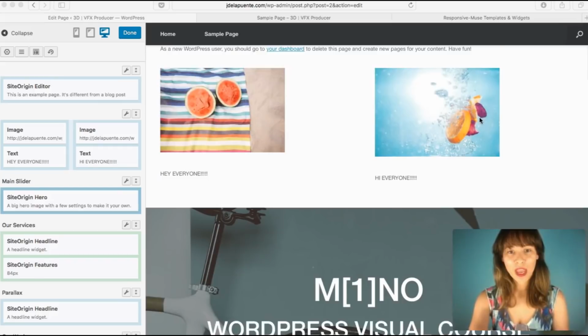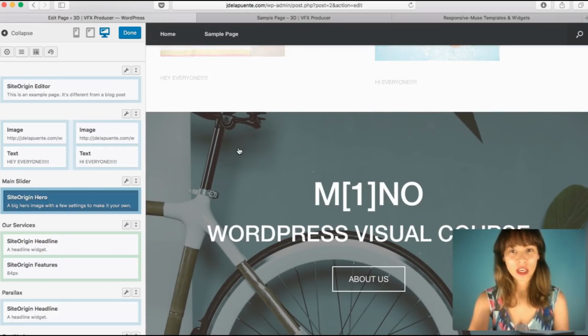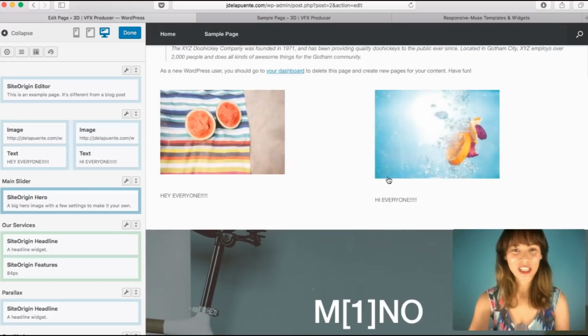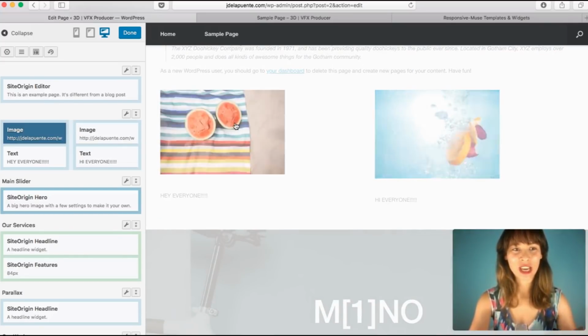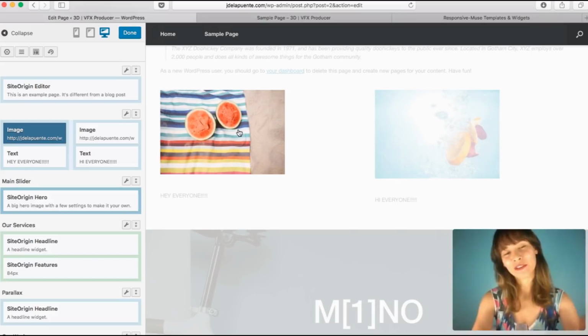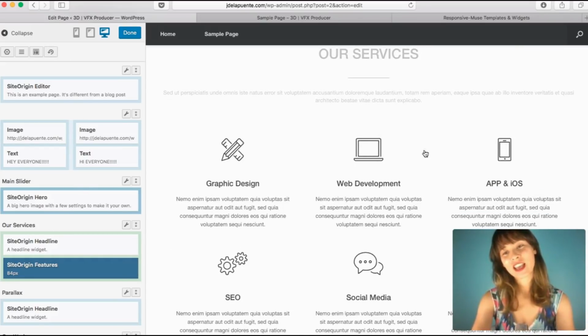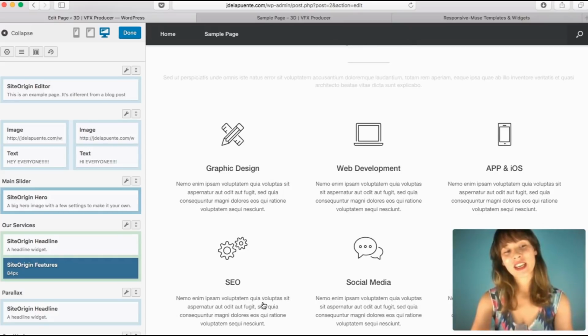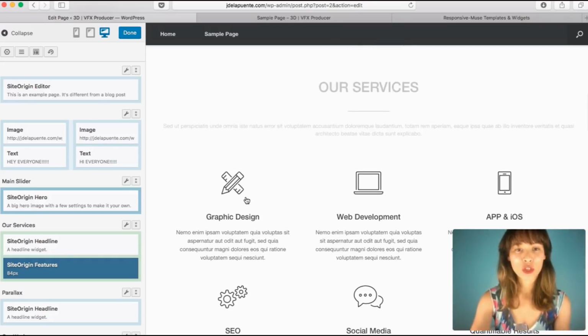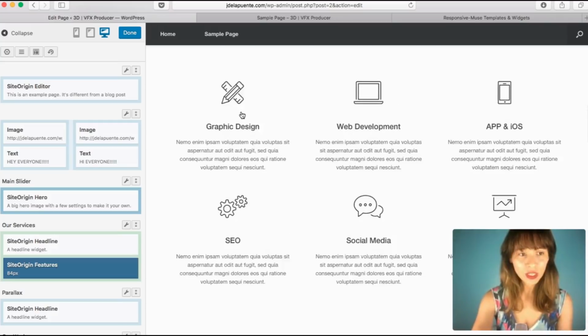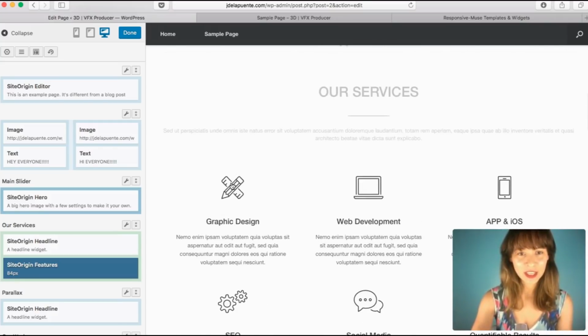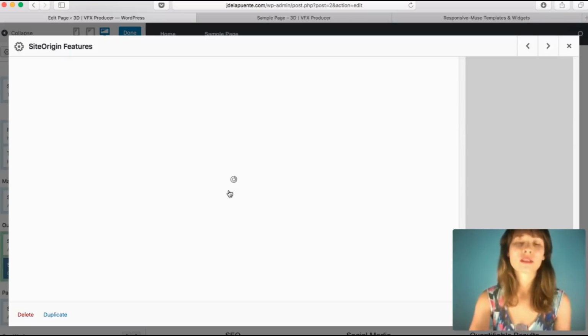So we get our page here, and if you see, if I start clicking the elements, you see how it highlights here on the left. So we got our builder here, and you just can select and open it here. So as an example, let's edit this over here, this part. So click on it,